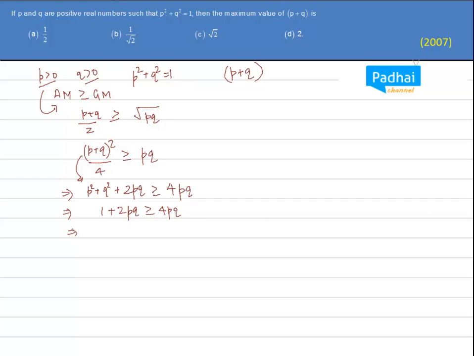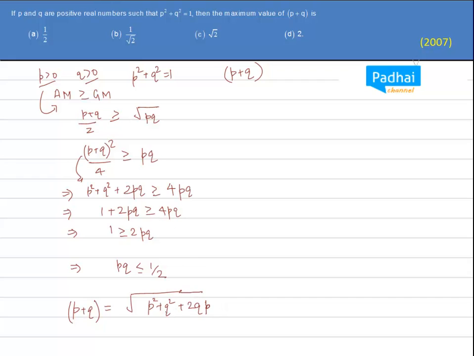And this is now very simple to do, it will be 2PQ, and hence I can write that PQ will always be less than or equal to 1 by 2. So if I need to find the value of P plus Q, what I can write, this is nothing but under root of P square plus Q square plus 2PQ. Sorry, I have written both of them as Q. So basically this is